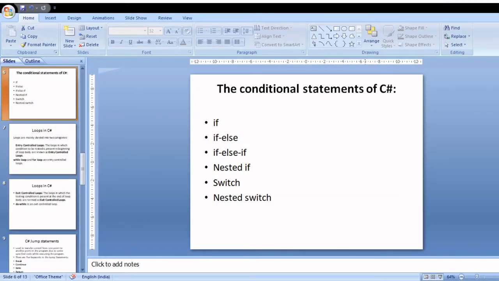Students, the topic of this session in C# is conditional statements, looping statements, and jumping statements present in C#. Here,